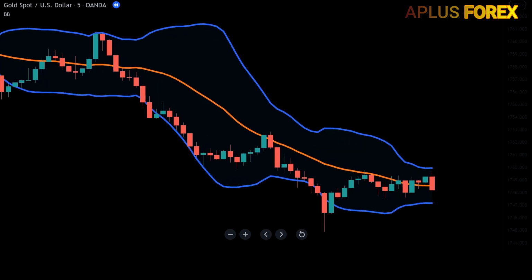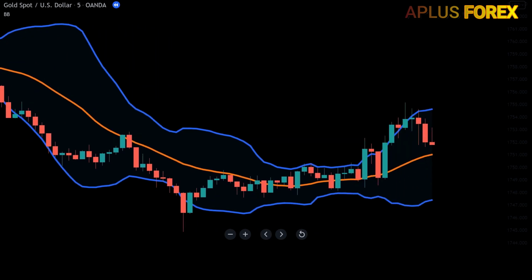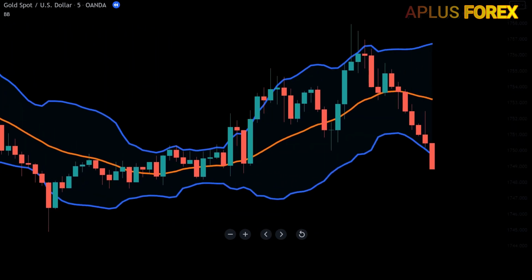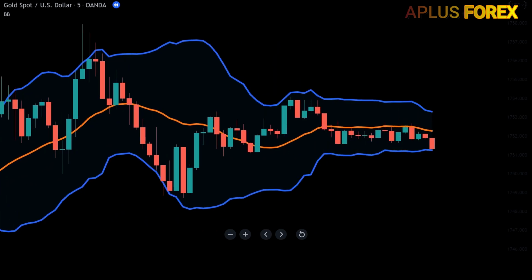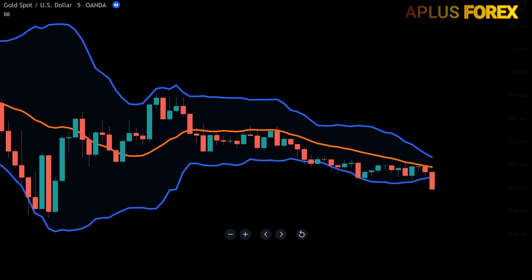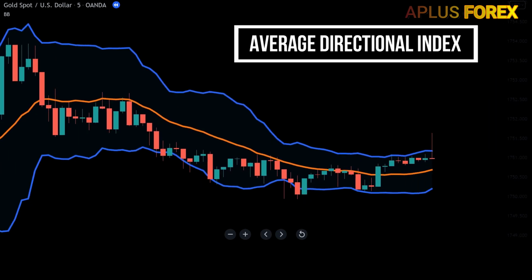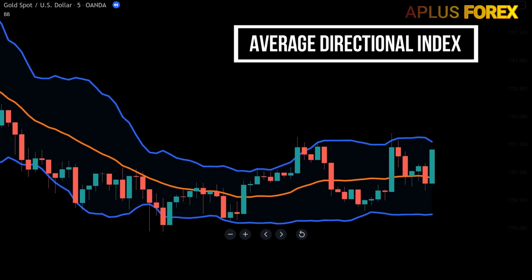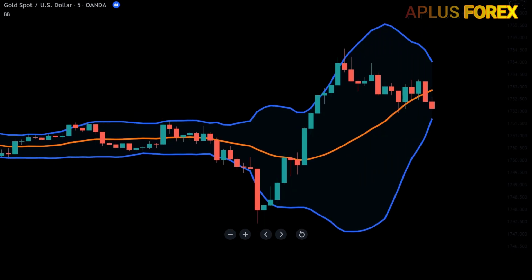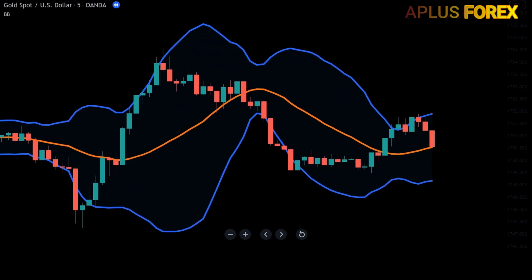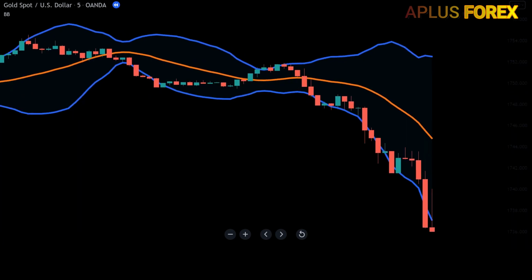Breakouts are not hard to identify, but the challenge too many traders face is that they mostly fail to progress or end up being a trap. So to increase our winning probability, we'll add another indicator, which is the Average Directional Index, also called ADX. This indicator will help us to know if the breakouts are valid by showing us when the ADX indicator is strong enough for price to trend after the breakout.